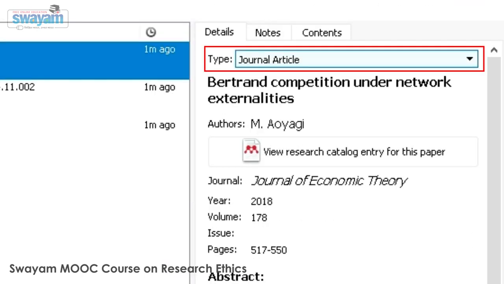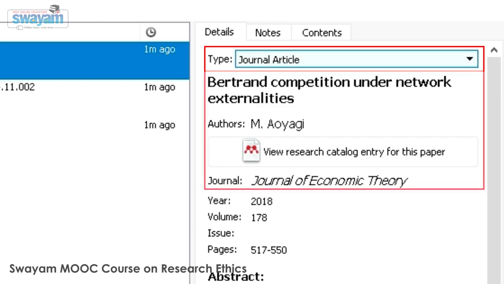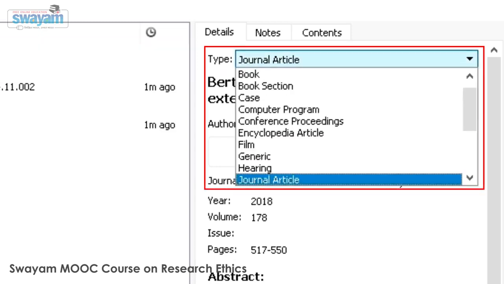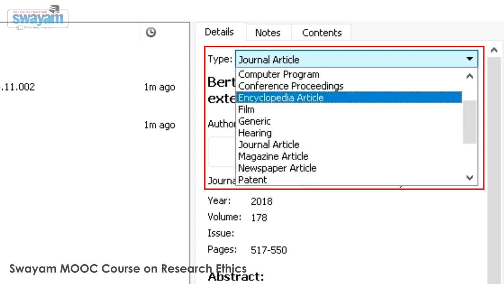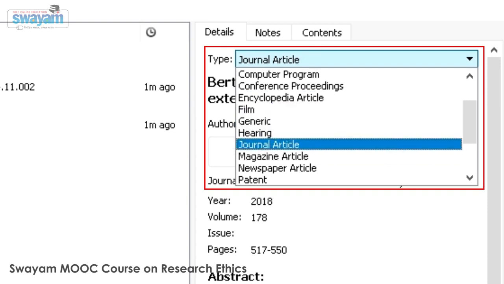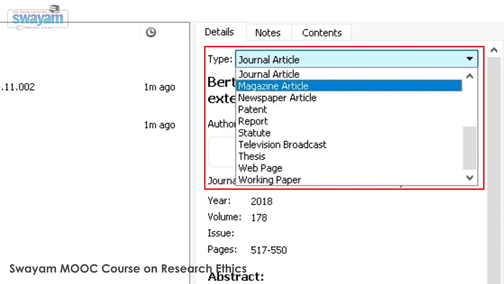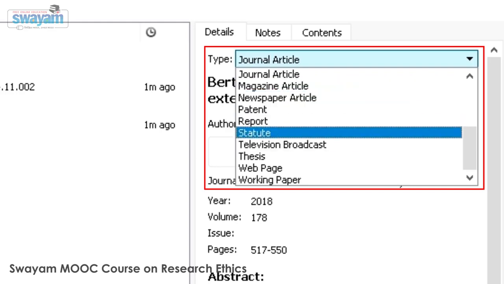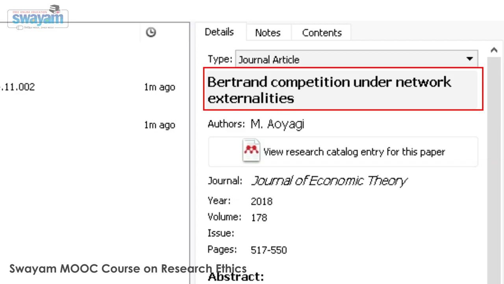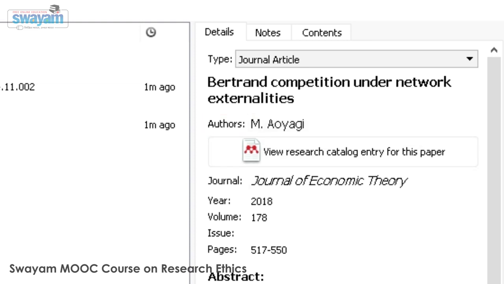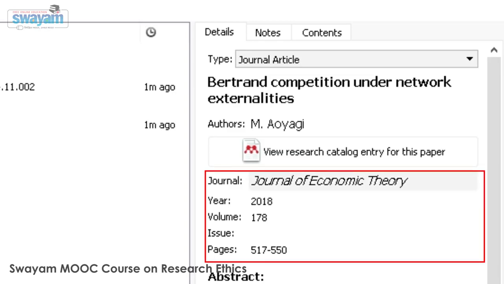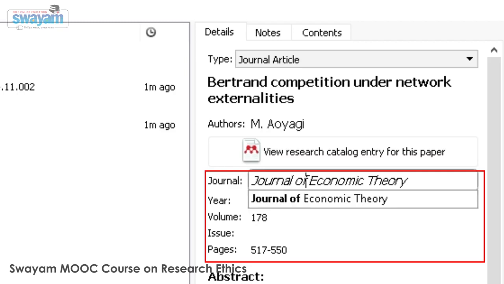You can see here the type of document as a journal article. The system has already identified this on its own. If it had been something different, the system would have identified it as some different type of document. So here you can see these many types of documents can be extracted automatically. Now this is the title of the article and this is the author. If multiple authors are there, the system will display all the authors. In case any problem occurs in the extraction by the system, you can always change the values given here.